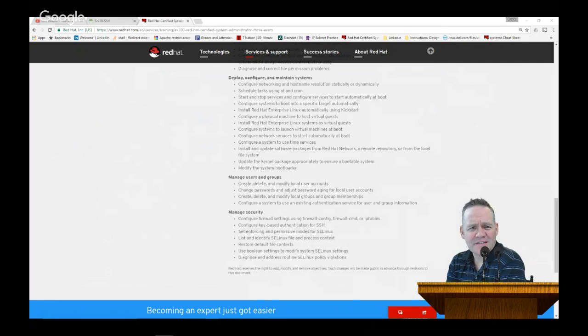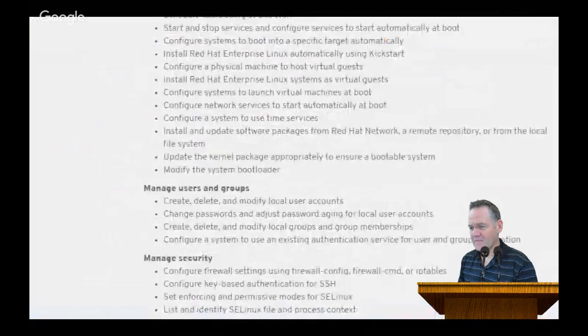My plan is to talk about software packaging. So this one should not take very long. I know I say that at the beginning of all my presentations, and then they always end up taking longer than I think. But let's start by looking at the objectives here that are actually going to be measured on the exam. And really what we have,